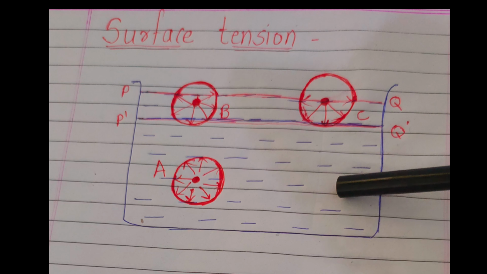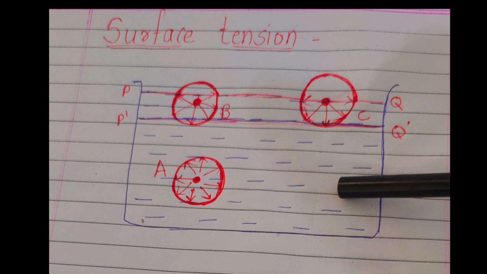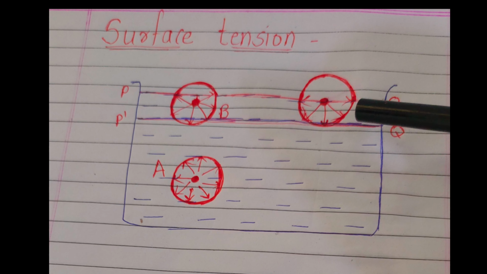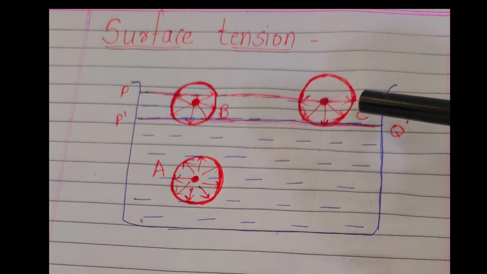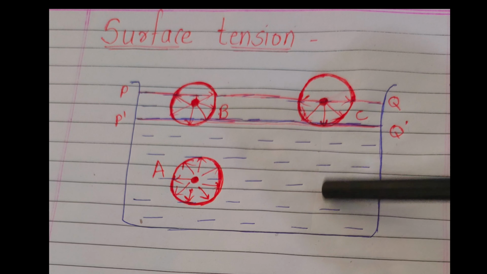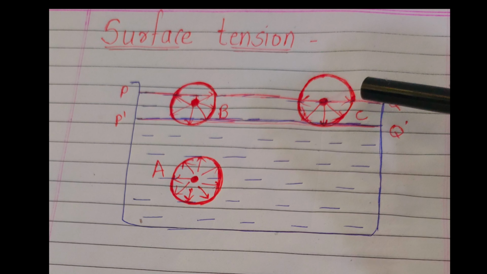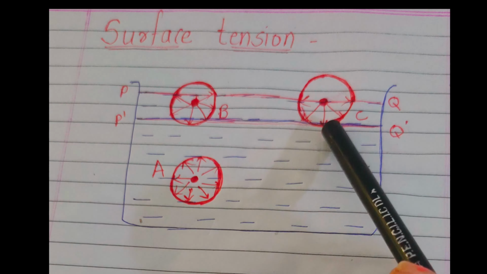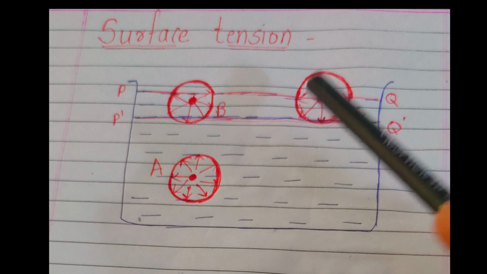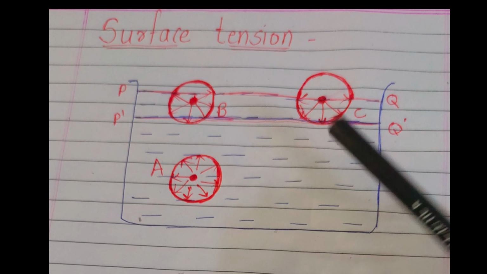Right? Now what we learned is that the molecules on the surface of the liquid are trying to come inside. The net resultant cohesive force is dragging the molecules on the surface, pulling the molecules within the liquid. And because of that, what is happening? This membrane or the upper surface of the liquid, PQ, is getting stretched.